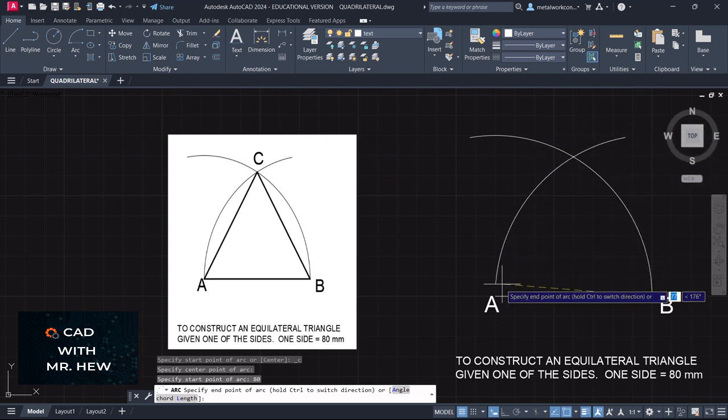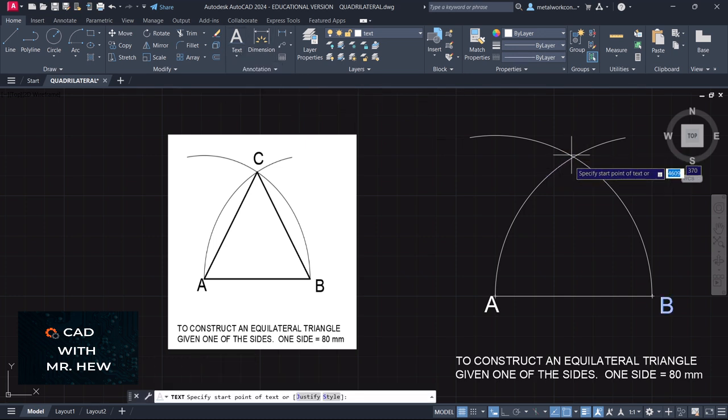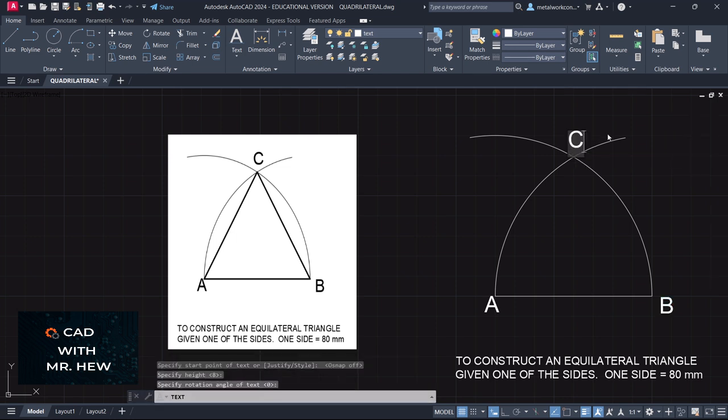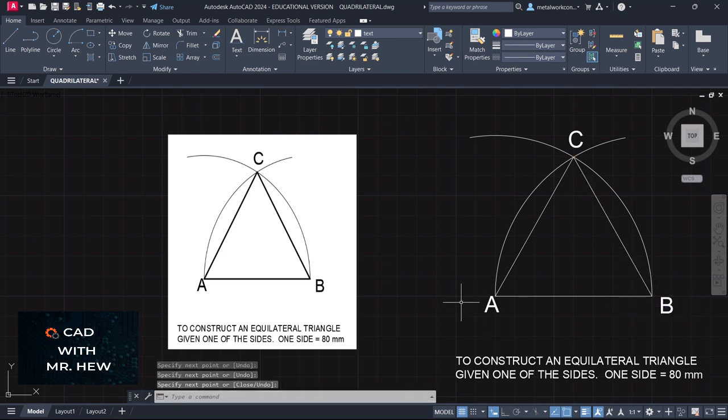And when we come like that, where the two arcs intersect, that would be C. So let's label that intersection C. We need to turn off object snap so that we can properly locate the point here. Enter, enter. This would be C. All right. So the line drawn from, need to turn on snap. The line drawn from A to C to B, and then from B to A, that would be